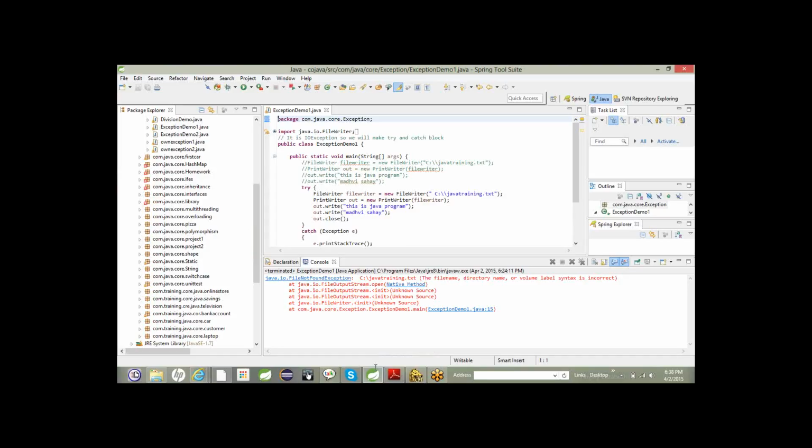Can you see that? Yes, absolutely. Okay, file not found exception. Yeah, it's a very simple program, but I don't know why. See this? Whatever I said exactly matches, right? See here, FileOutputStream.open. That's a native method, meaning you are trying to read from a file or write to a file. Here you are trying to write to a file, and when you are trying to write to a file,